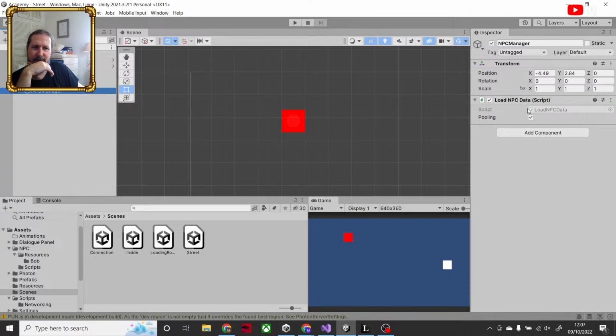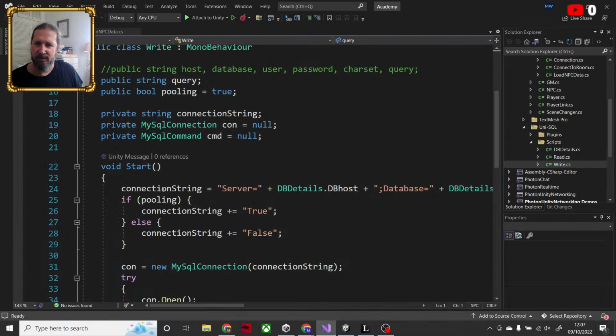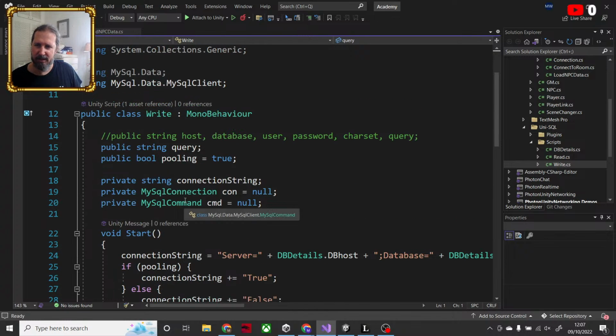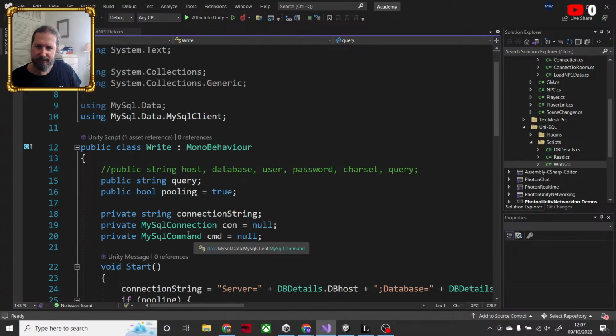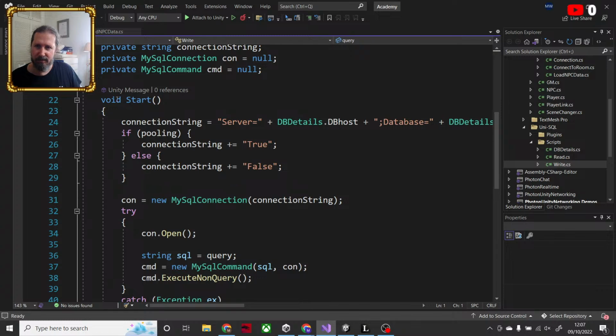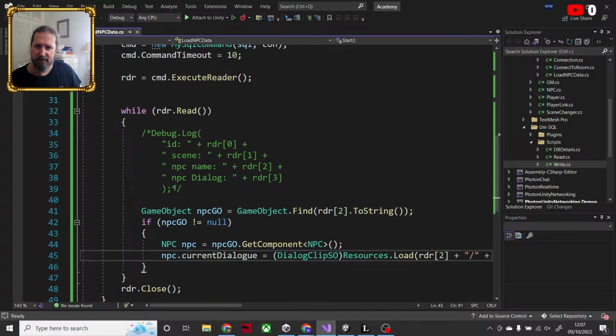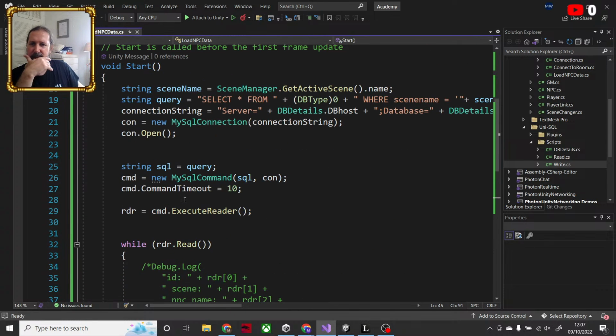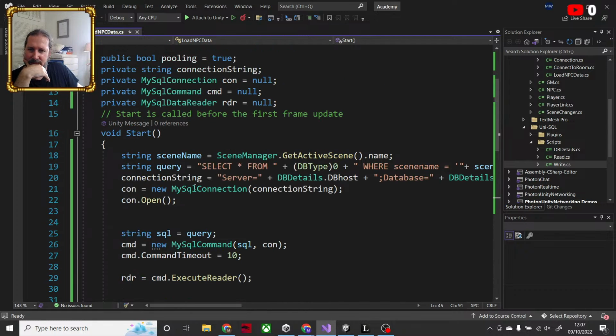It'd be nice to have that as a function that I can call on. What would it put out? It would put out a, where's the read? Load NPC. It should return